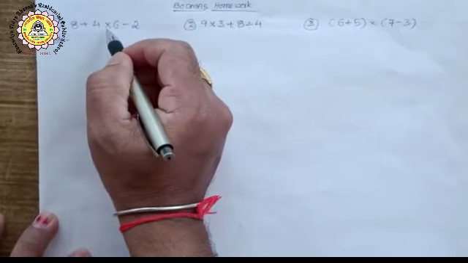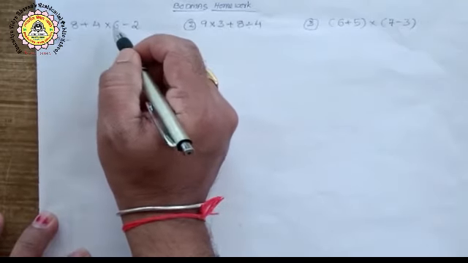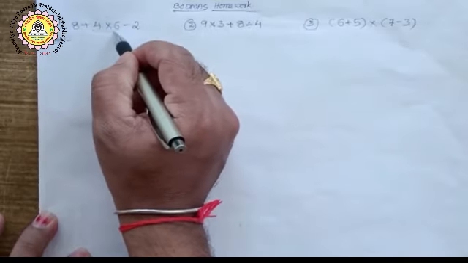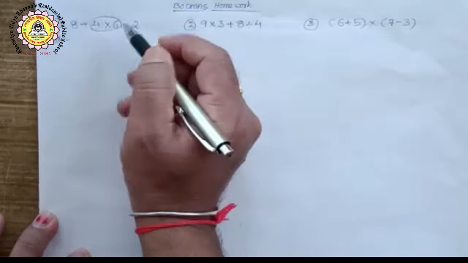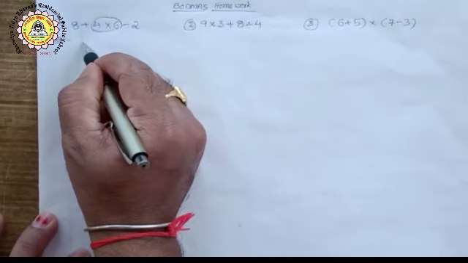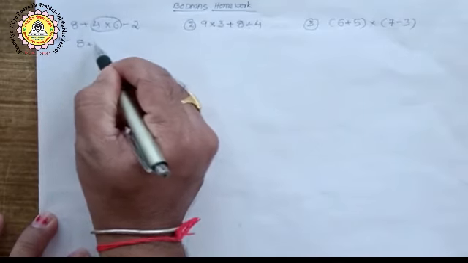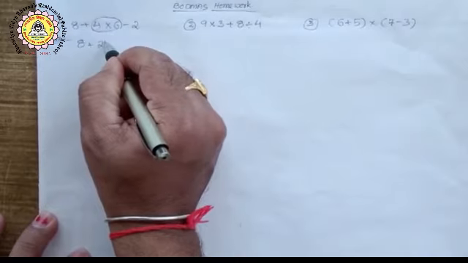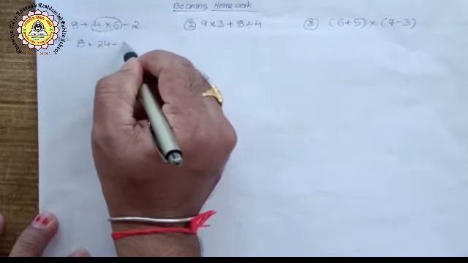So into lies in between 4 and 6. So what do we have to do at first? First we have to multiply these two numbers. Okay, so like this we can write. 8 plus, what is 4 into 6? 4 6s, it's very easy, 24. Minus is the minus and 2.